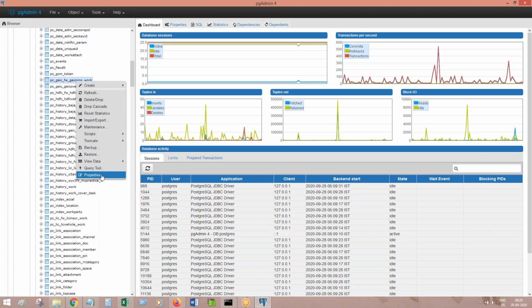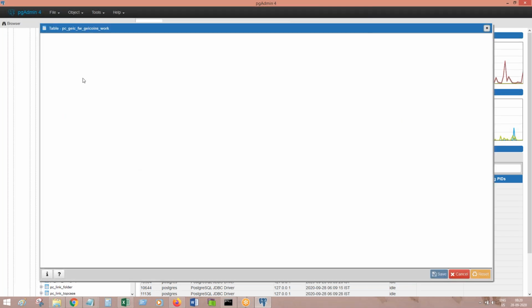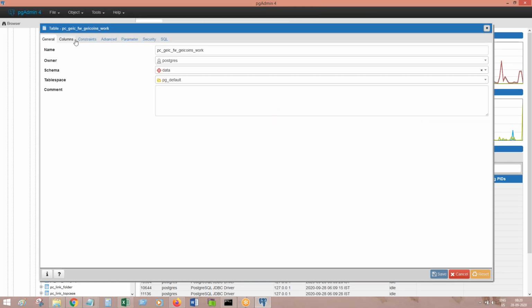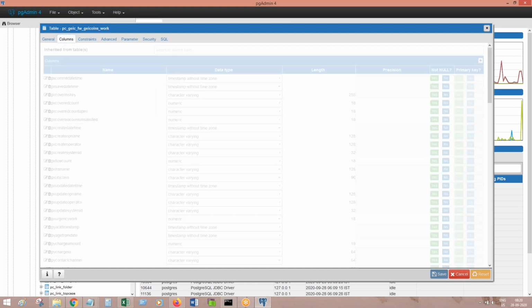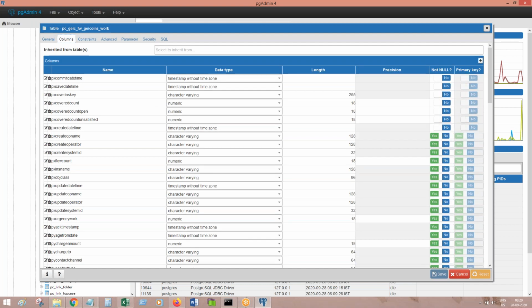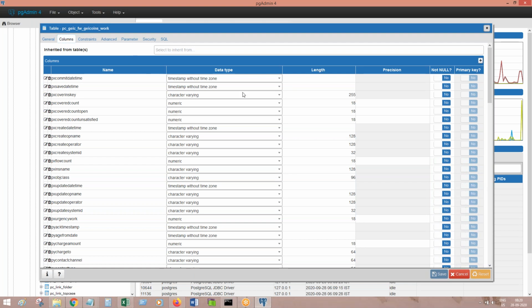So here you go. Properties. For our work table also, you see the column name. What is the name of the column here? Constraints, I can directly go.